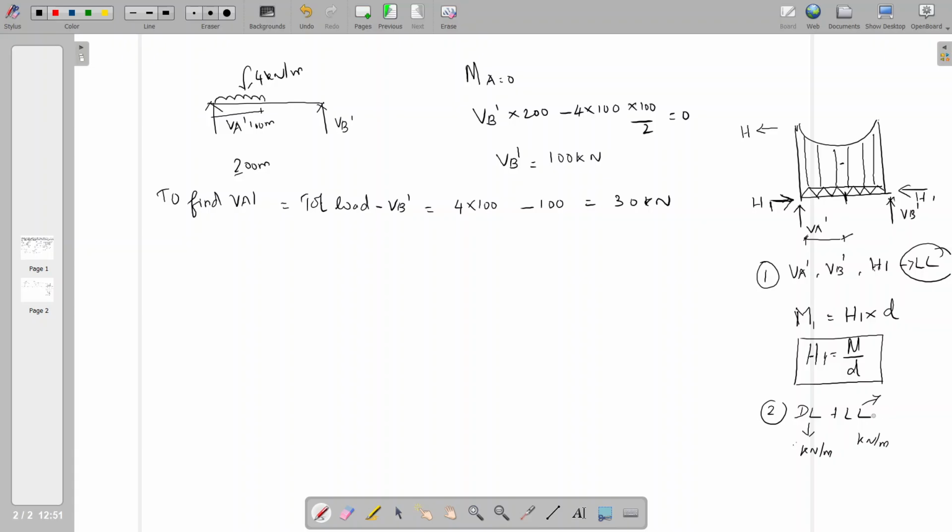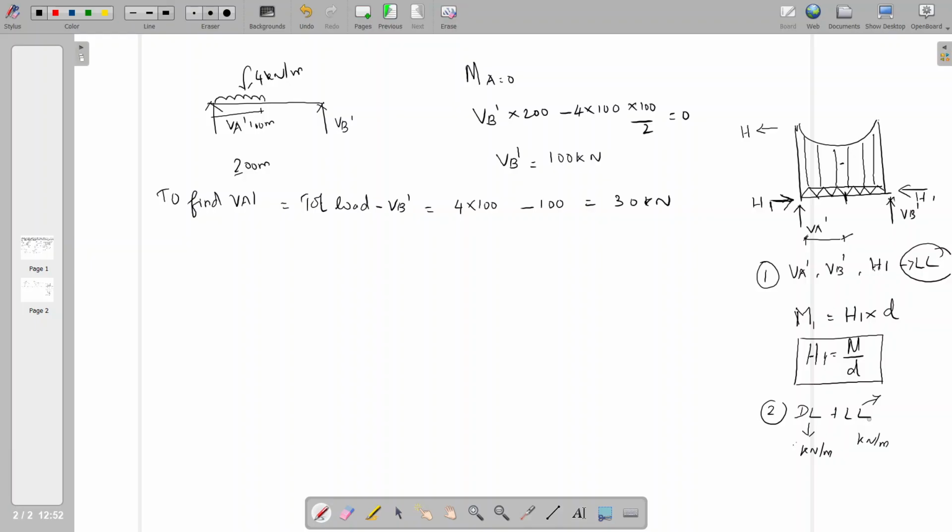So if you consider it as an equivalent UDL, you will get some approximate value. If you consider the actual live load for your calculation, that is half of the span loading, you will get the exact solution. So in this case, we are going to consider the actual live load location instead of converting into